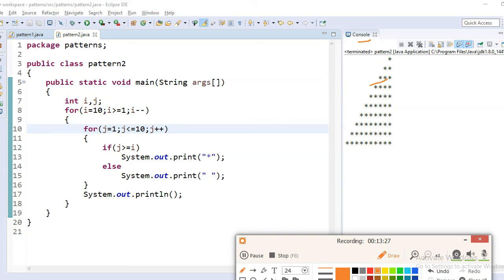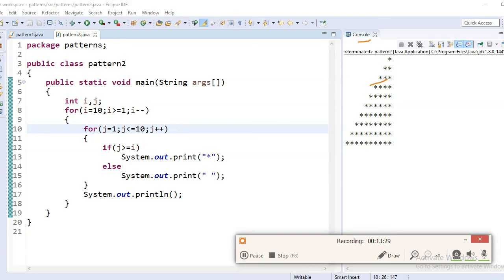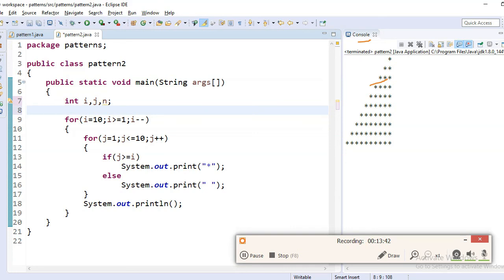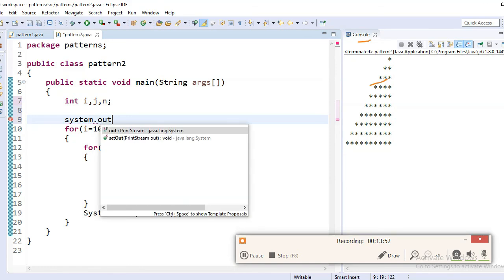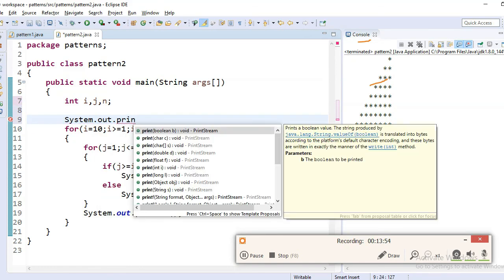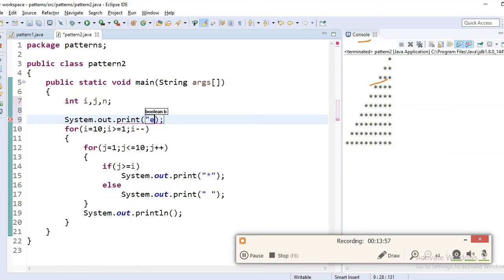If you want to store any value, we can give one more variable here, like n. In the n variable I will store the value. I will give System.out.print, enter the n value.